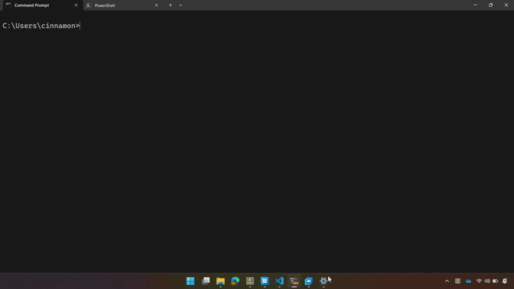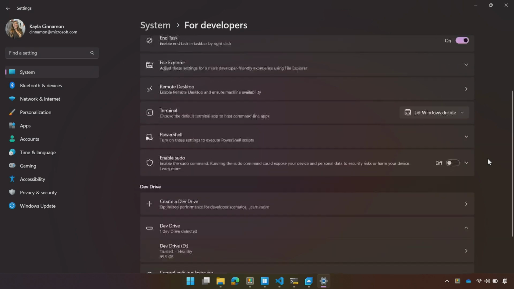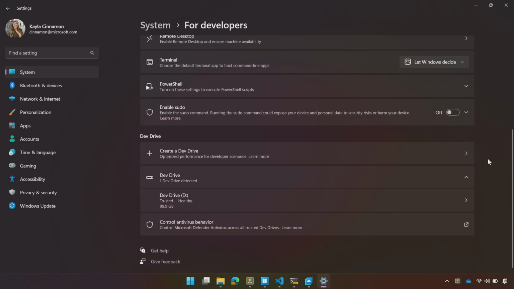First thing that I would love to talk about is DevDrive. For those who aren't aware, DevDrive is a new drive that we've delivered particularly for development that's going to give you a performance boost because it's on ReFS, the Resilient File System, in comparison to NTFS, which is what the C drive is on. With ReFS, as well as a performance mode for Defender, you're going to get a performance boost when your code and your repositories are in a dev drive. And you can create one by going to the Settings page and then clicking For developers, and at the bottom you can see where all your dev drives live.